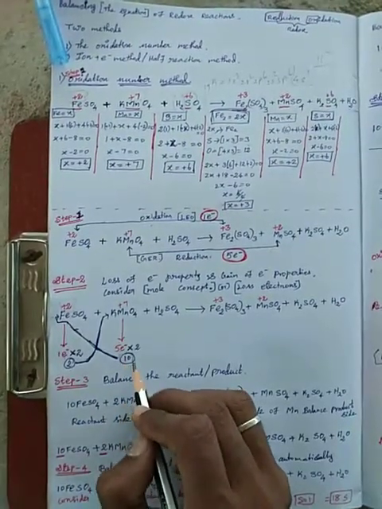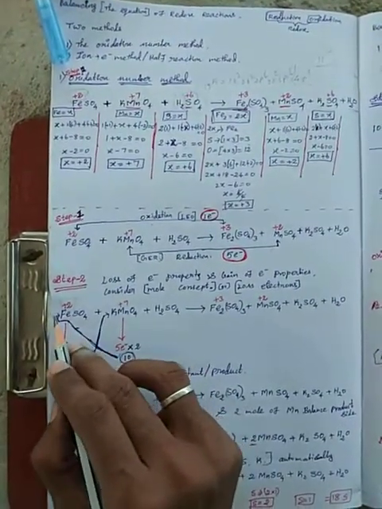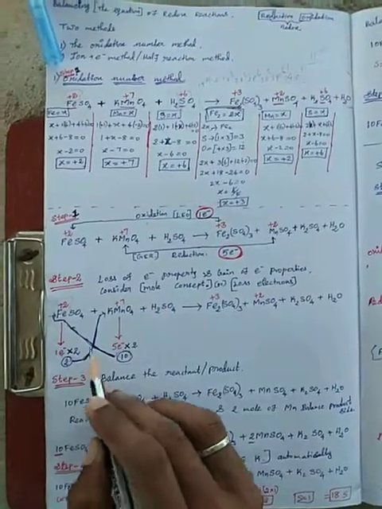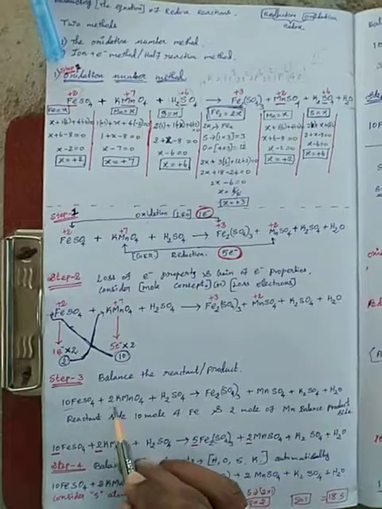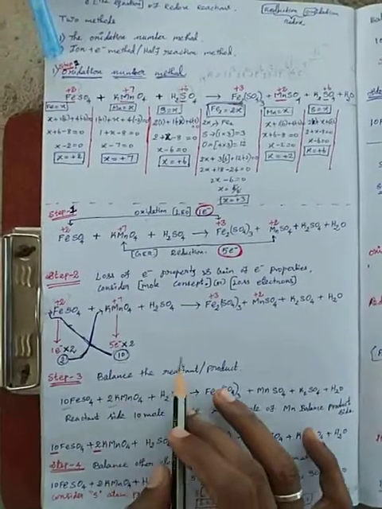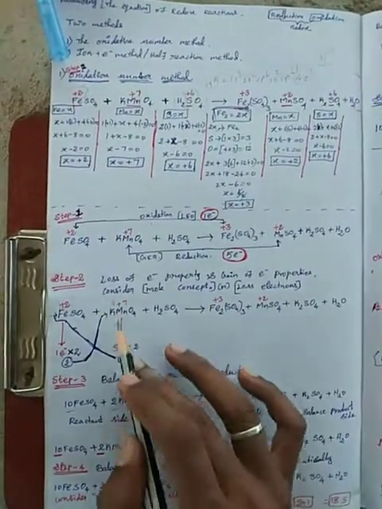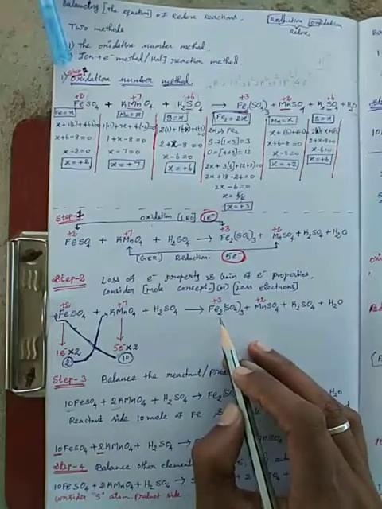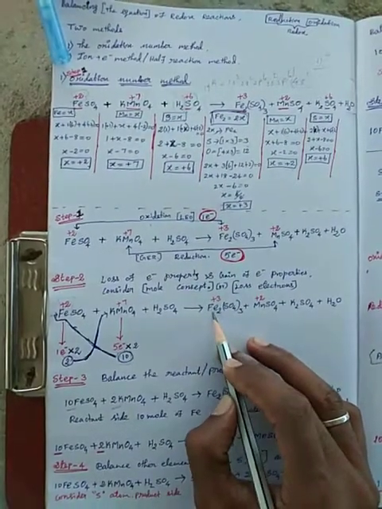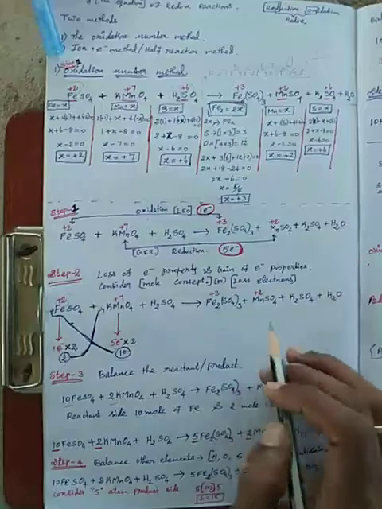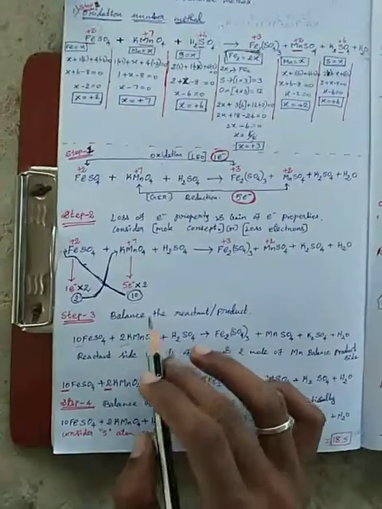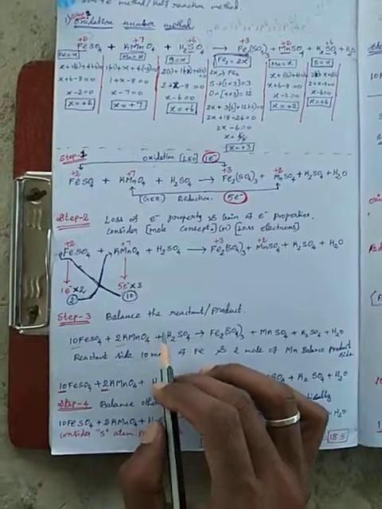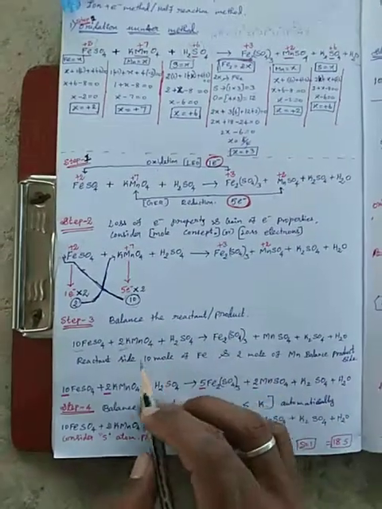So here the answer will be worked out for the ferrous sulfate equate balance. Here the answer 2 is for the potassium permanganate equate balance. So write 10 and 2. Step 3: balance the reactant and product part. How to balance? The product part already has 2 Fe ions. Okay students, we will consider first of all what is worked out, and next step 3, balance the reactant and the product part.